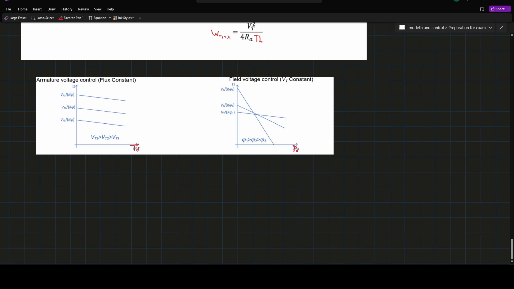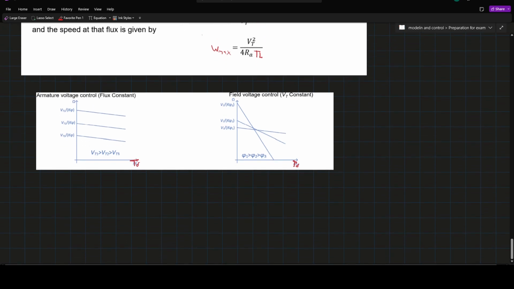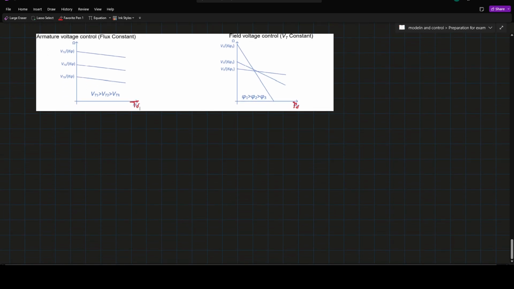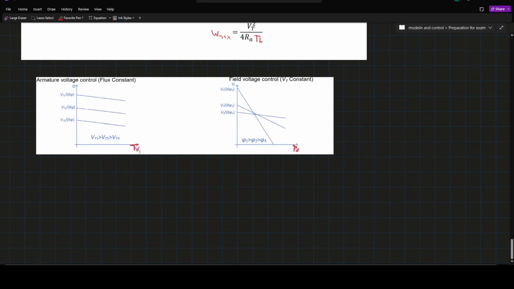So you can see, with the flux constant and just changing the terminal voltage, we get different values of TD. Our TD is our developed torque. So as we change, for a given torque, we will have different responses. Okay, so this is just a quick view. Now let's start working